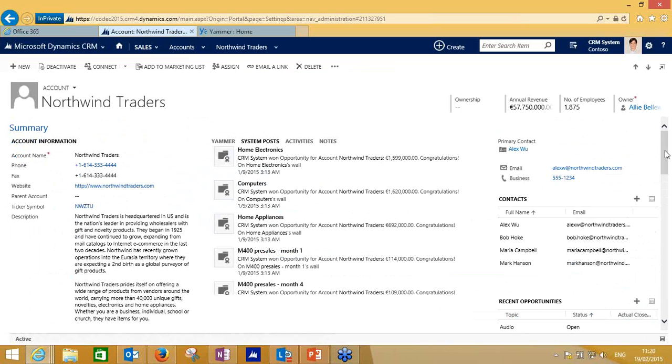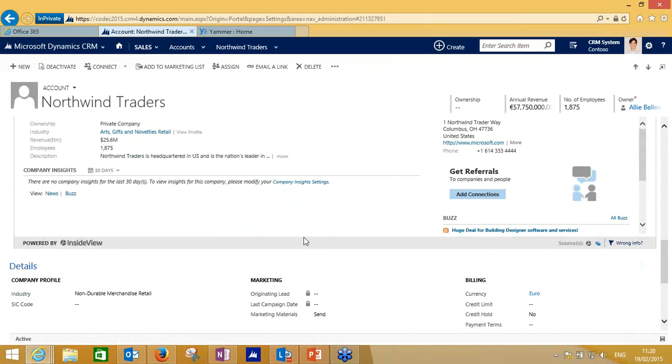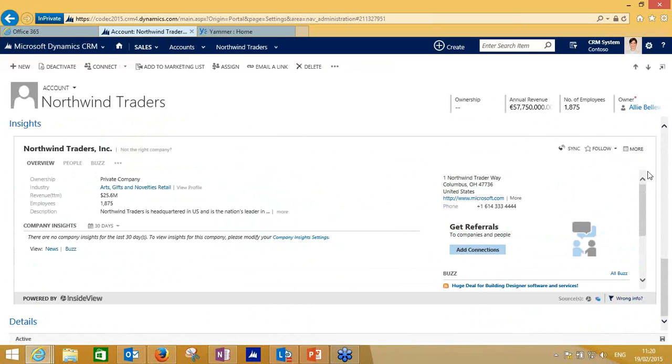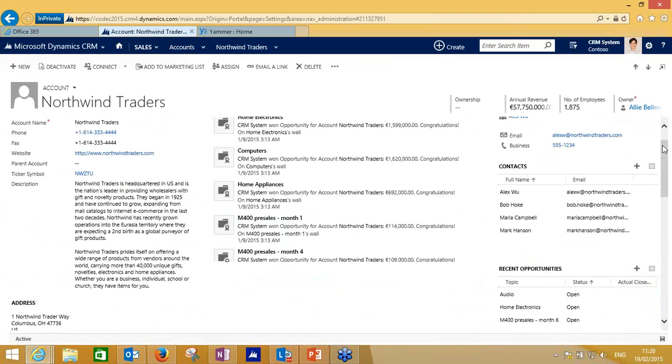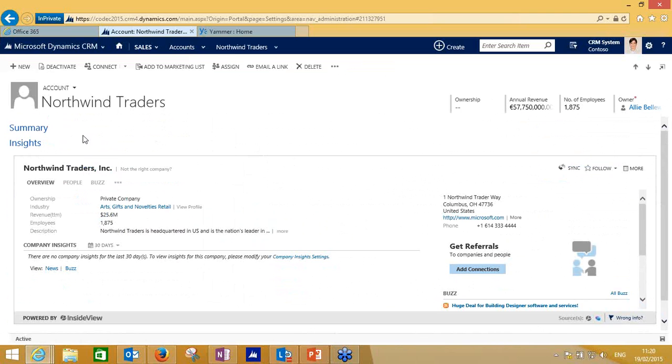Switching to a different part of the form, it's easy to navigate. There are many options to do that, but I think I mentioned that I'm going to show you the Insights view, which is really cool new features. The insights here, you can see any kind of buzz and social happening related to this Northwind